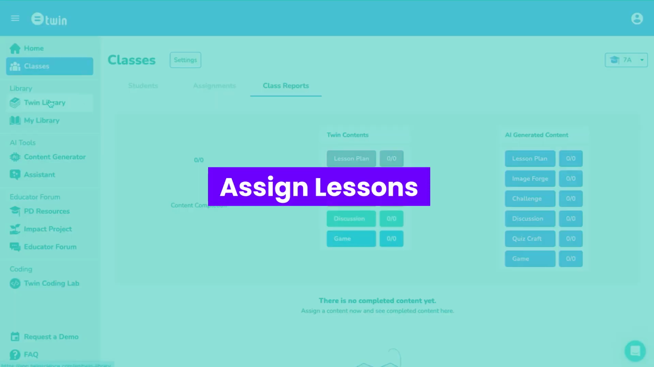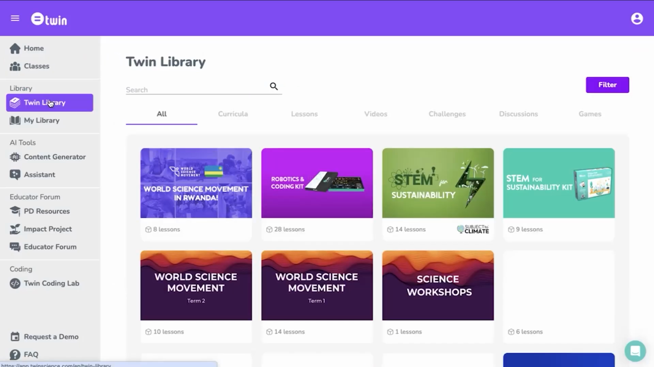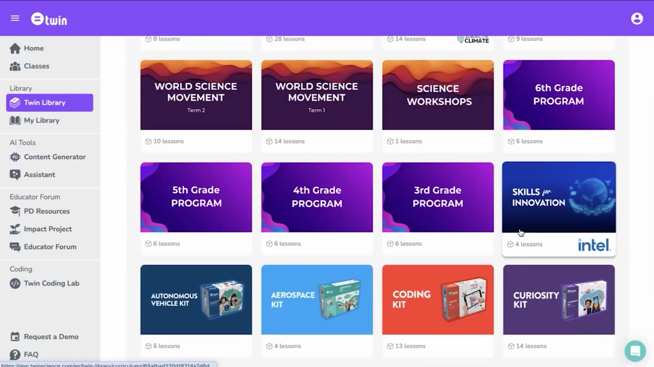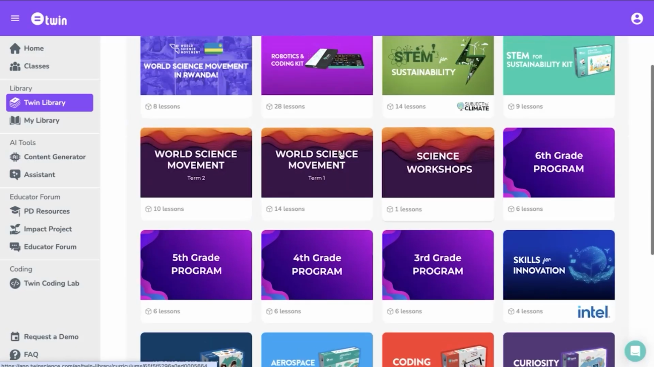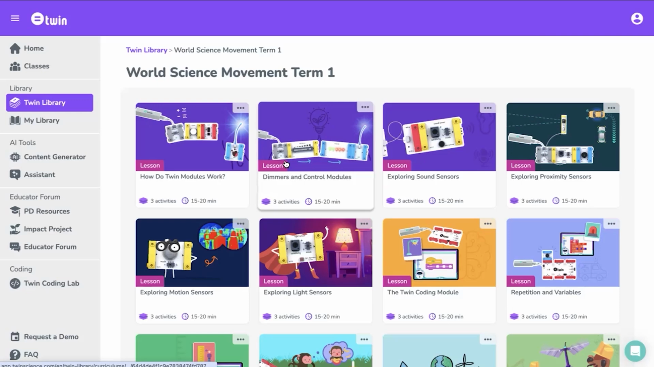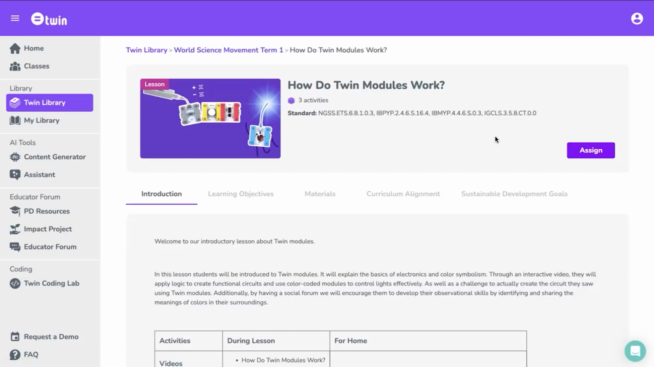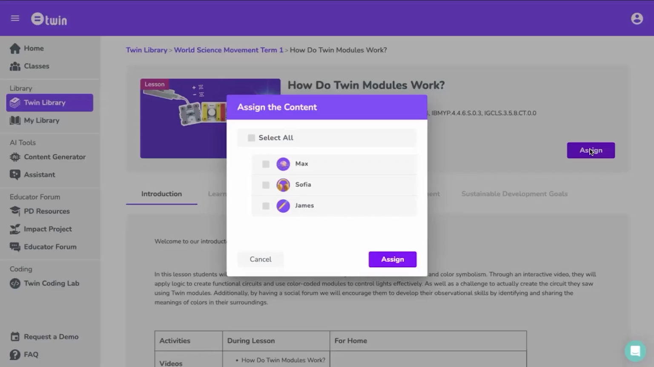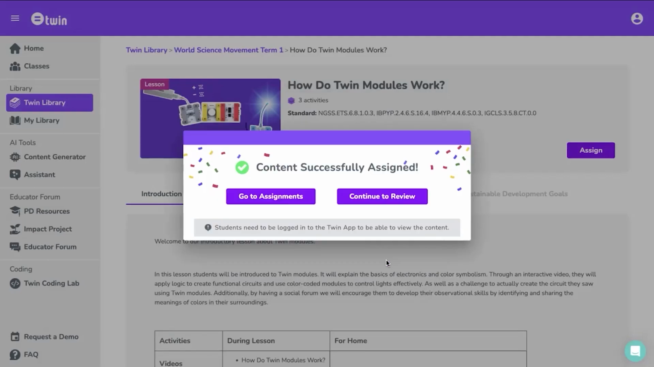To assign lesson plans to students, you can go to the Twin library. So for this classroom, I'm going to go to the World Science Movement. And after I select the World Science Movement, I'm going to select how the twin modules work as an example. And from here, you can see that there's a segment called Assign. If you click on Assign and then say Select All and then say Assign, you will assign this lesson plan